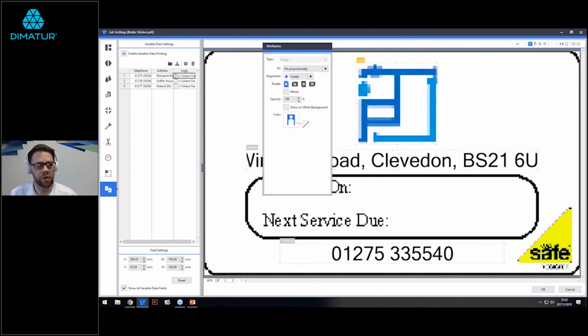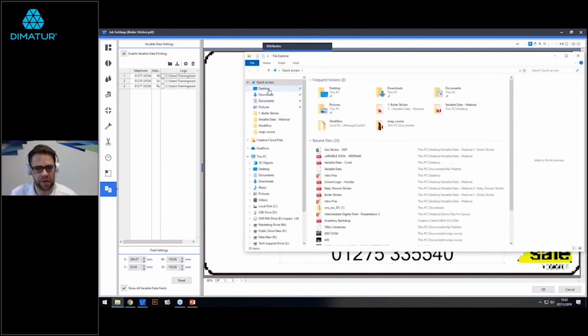And then with our logo, we've got a full file extension for where the files are. So this is their location with the full root file at the start. So what I'm going to do now is just open up Excel to show you what that document looks like in Excel as well. So let's just go to the desktop